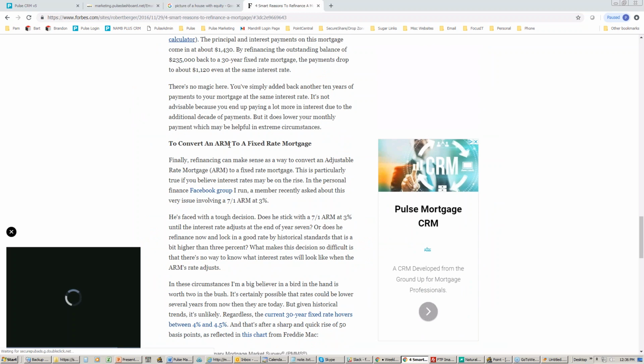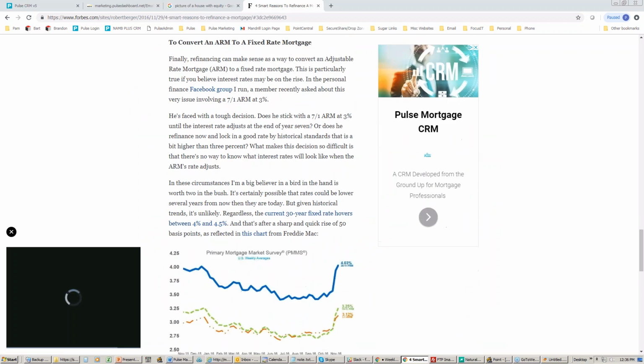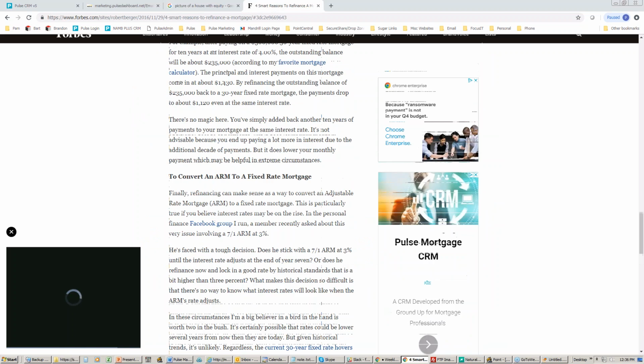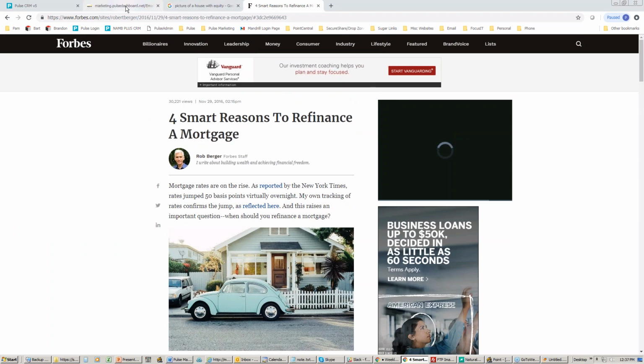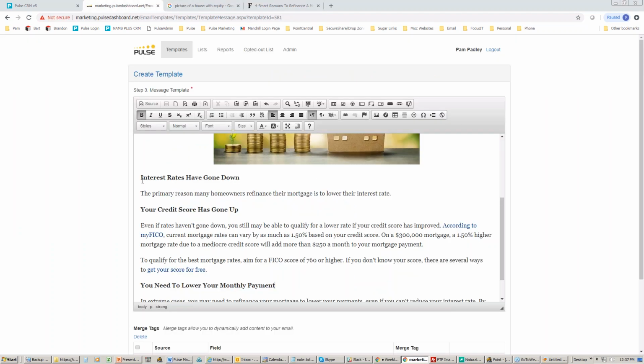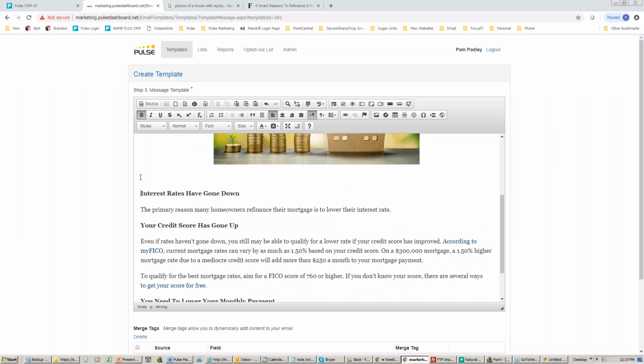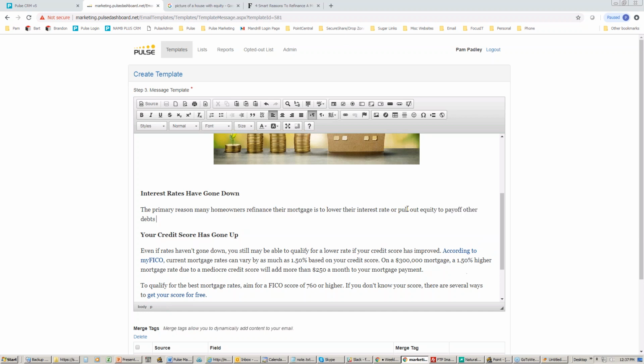The next one is to convert an ARM to a fixed rate. I'm not so sure there are many ARMs out there right now. But as you can see, I ended up with 3 great bullet points on why you may want to refinance your home. Okay, now what I can do is come back in and add to these. The primary reason many homeowners refinance their home is to lower their interest rate or pull out equity to pay off other debts to lower their